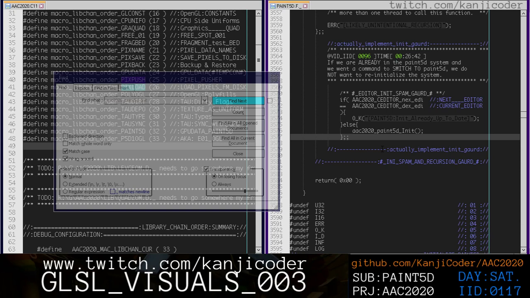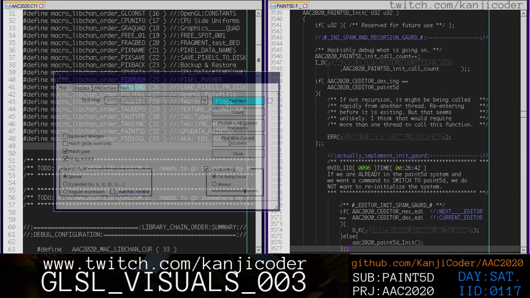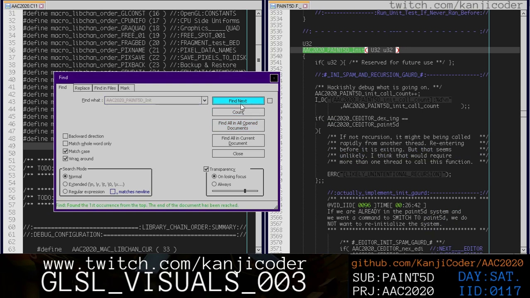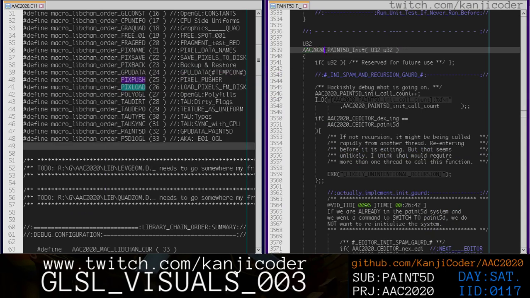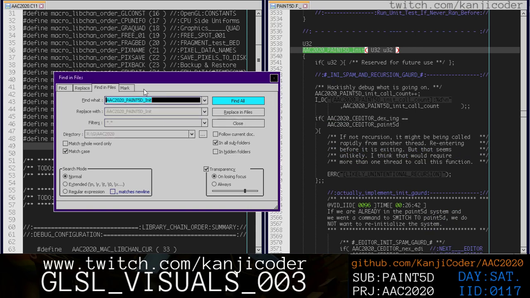But yeah, we do have this already up-to-date thing that's causing it to... so that tells me that when PAINT5D init, this public init function, is being called, some other nonsense is going on where